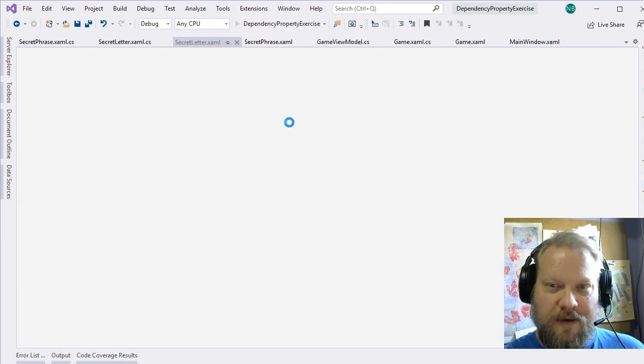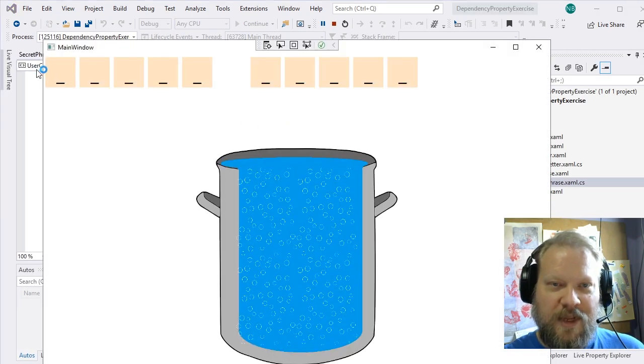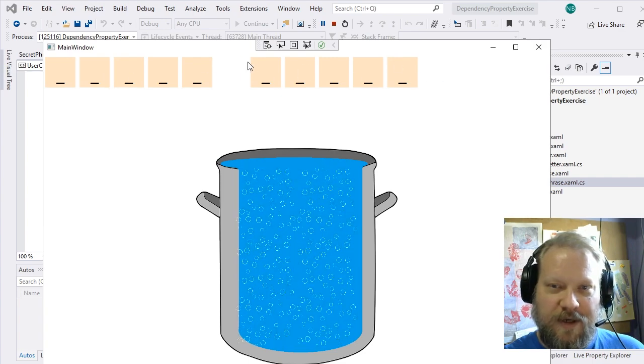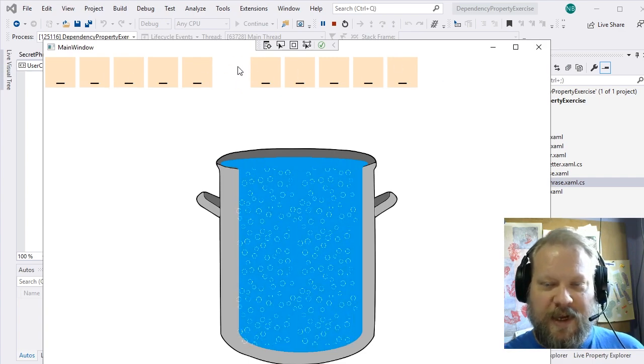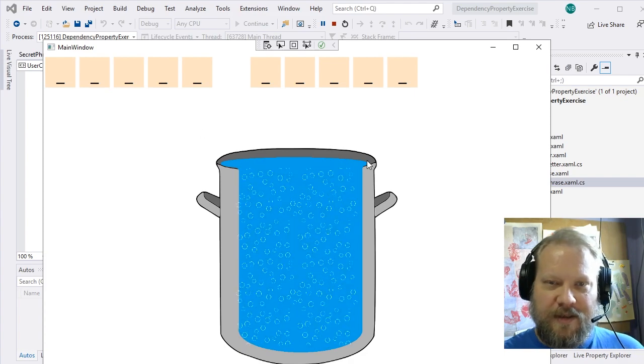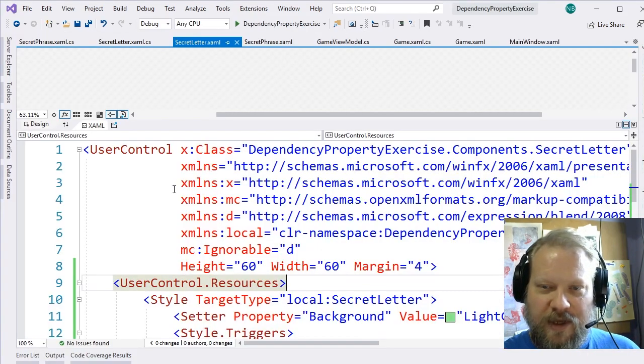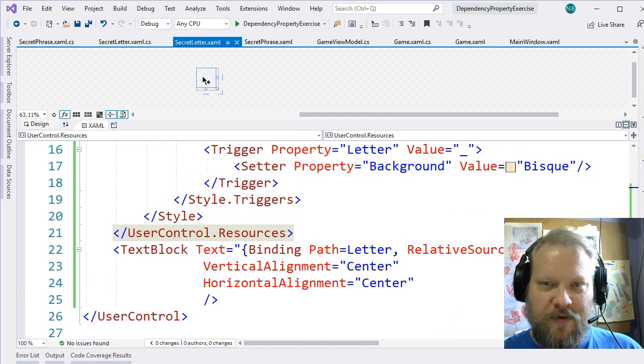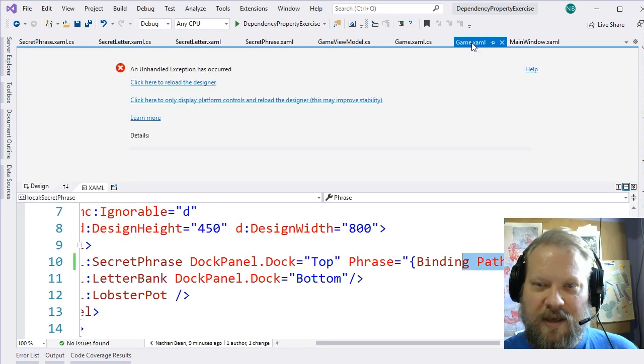So if we run this again, there, now we have kind of a nice indication of where those letters are. Notice our space actually looks more like a space, and this is looking pretty good. I like the way that looks. Okay. So there's our secret letter and our secret phrase to get us to that point where we can display what those are. So if we go back to our kind of game display here,